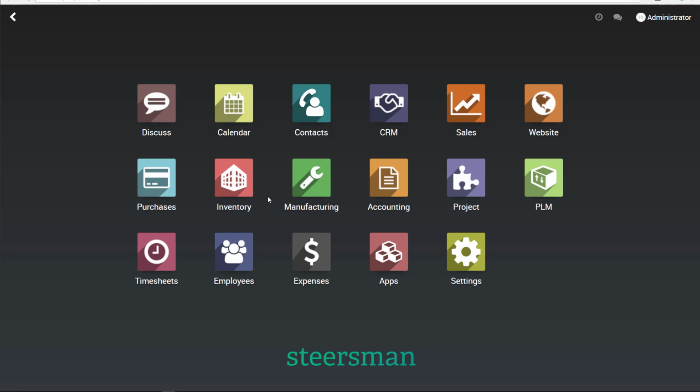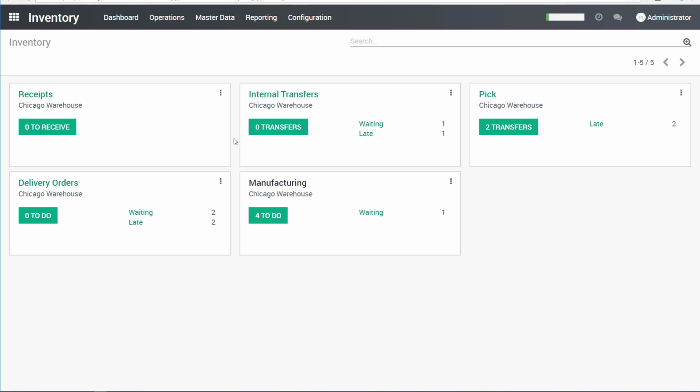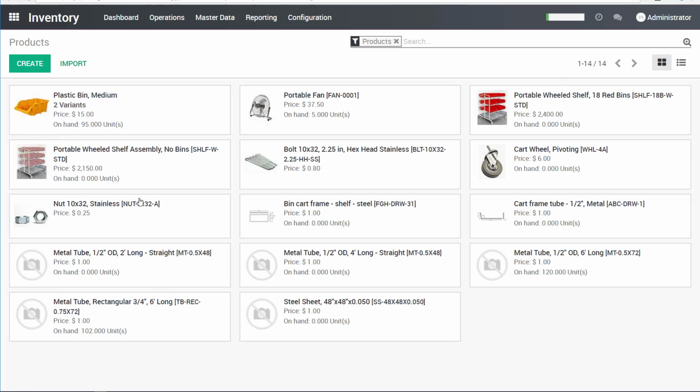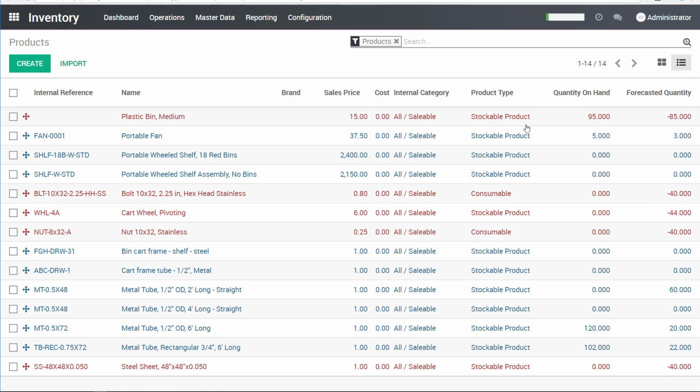Let's start by taking a look at what's happening with our inventory. What type of products we have on the shelf and what are we expecting for their demand. I'll go in here and I could either be looking at them via these tiles, or I could look at them in a list and then I could see a little bit more information. So in here I could see that, for example, some of these